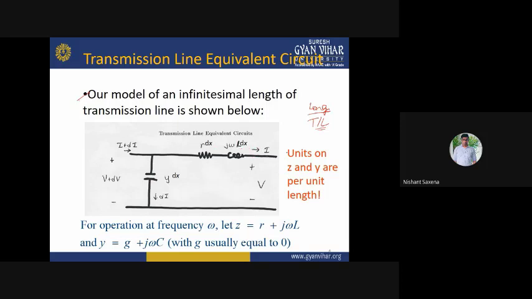Units on Z and Y are per unit length. Basically, this z dx and this y dx are your per unit impedance and admittance of per unit length. So, taking this small section,